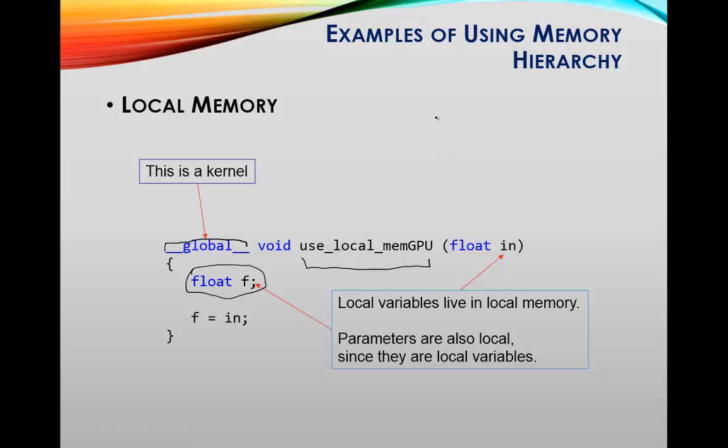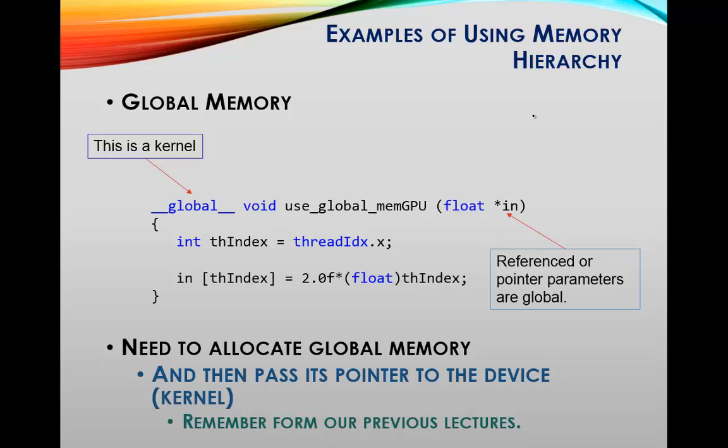So if you have one thread of operation, this thread will have its own copy of in and its own copy of f as a part of it. The next thread will have its own copy of in and its own copy of f, whenever you invoke these threads. Global memory, in contrast, is essentially that part of memory that we use CUDA malloc and CUDA memcopy